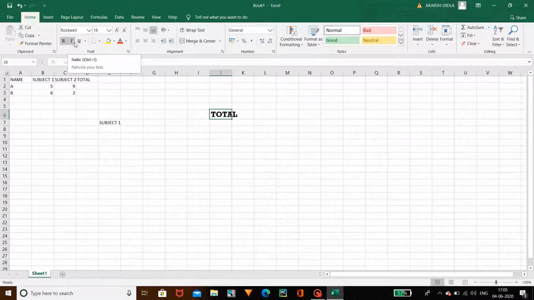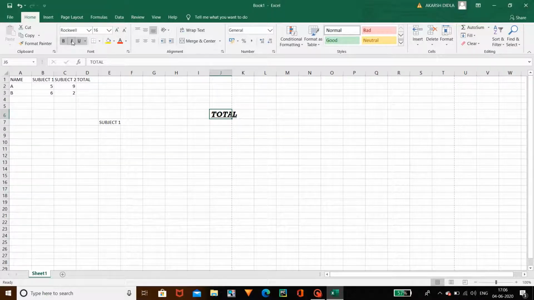A dialog box appears. How the dialog box appears means you should place your cursor right there, on whichever option you want. You place the cursor there and it will show a dialog box where in brackets it will give you the shortcuts, and under it you can see a small description. The underline option is used to underline the text. See, an underline is placed below these characters, so you can notice that.